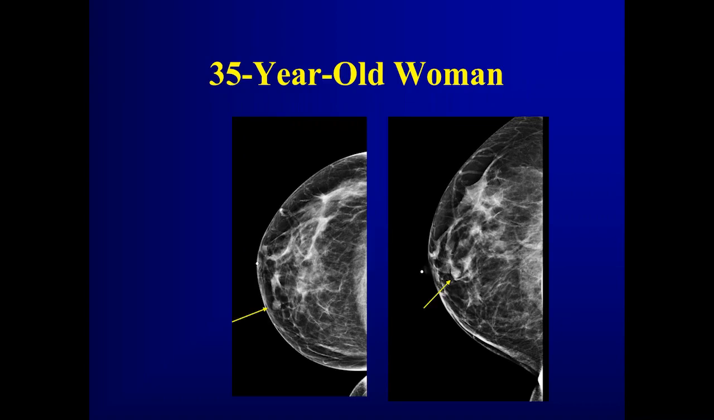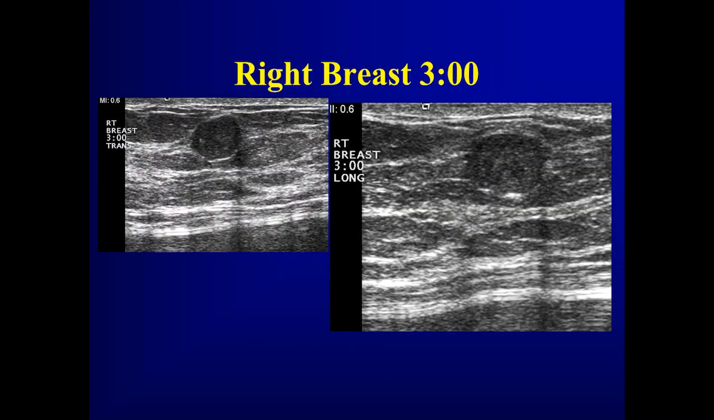And you can see it by the arrow. So, fairly well circumscribed margins. And the next step would be to evaluate this lesion with ultrasound. And on ultrasound, we see an oval mass with a parallel orientation. There are definitely internal echoes. Probably it's going to be a benign lesion, but it doesn't really fit the criteria for a cyst for sure